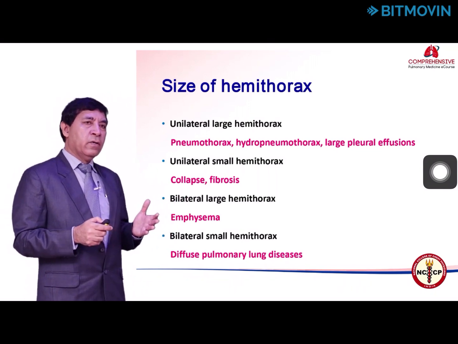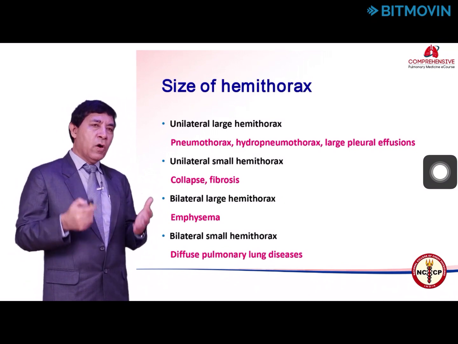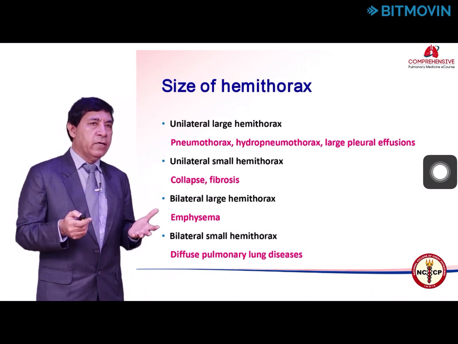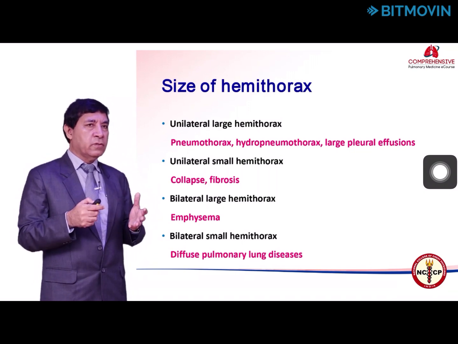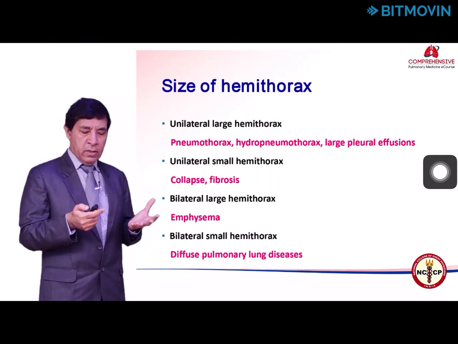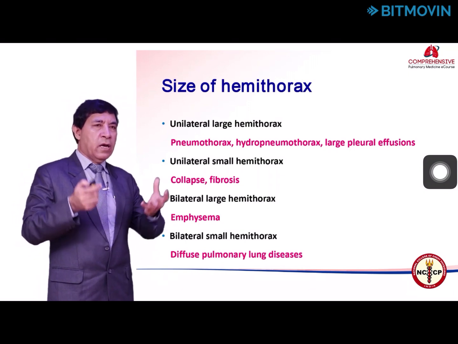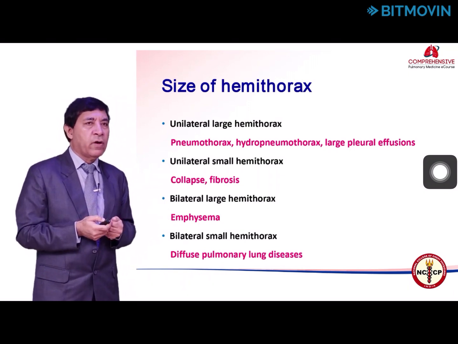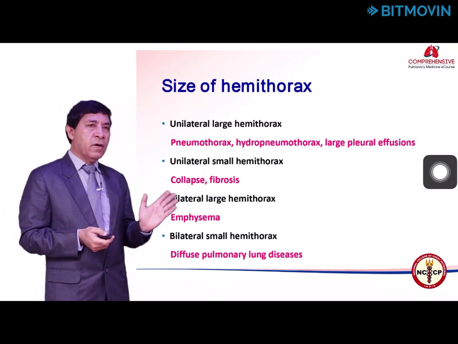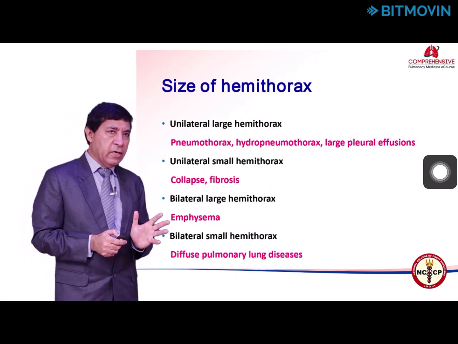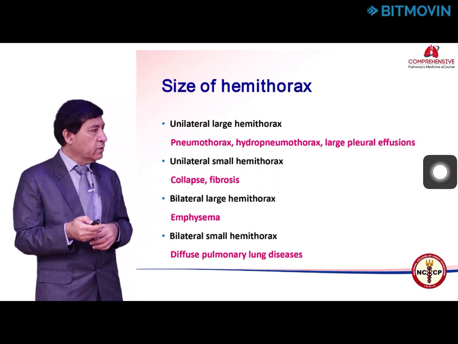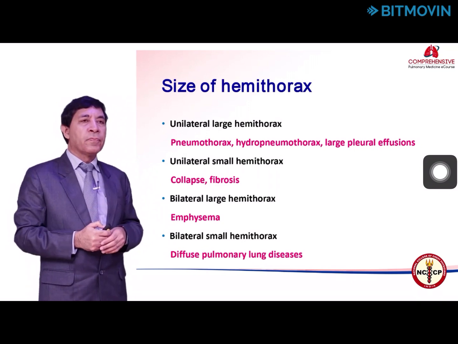On the other hand, similarly you can have bilaterally small hemithoraces when there is a diffuse parenchymal disease on both sides, like interstitial lung diseases, left ventricular failure. In these cases, there is a decrease in the compliance, the lungs become smaller, the chest walls are pulled in, and you have bilaterally small hemithoraces. So a combination of movement and the size can give you a fairly good idea about what your patient is likely to be suffering from.